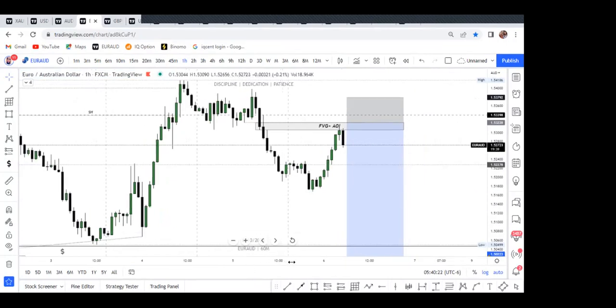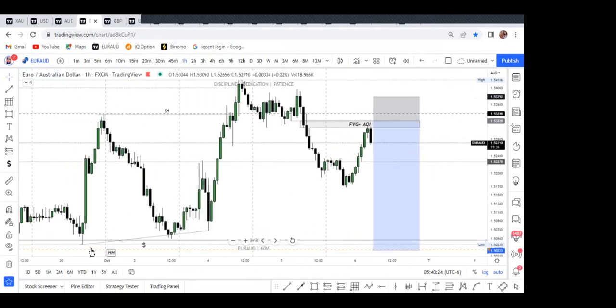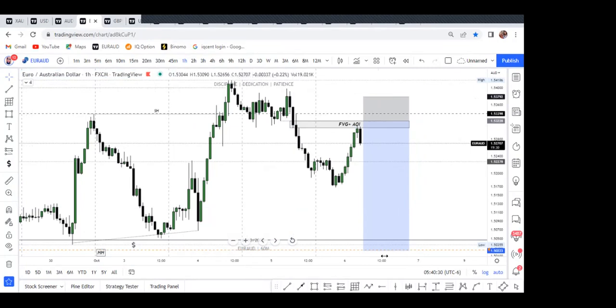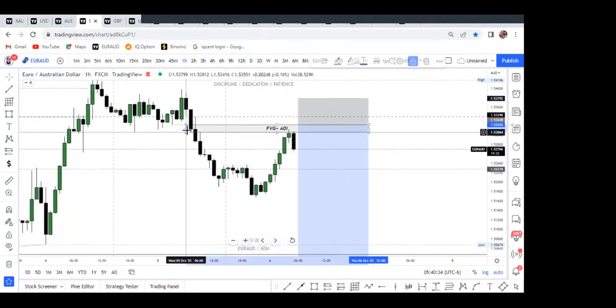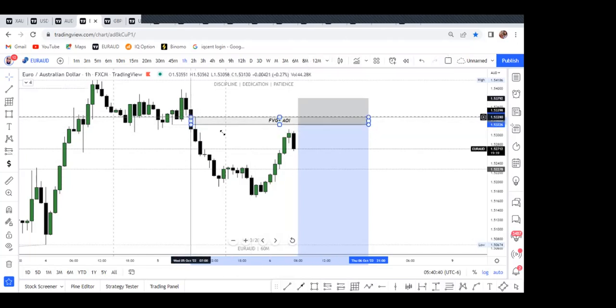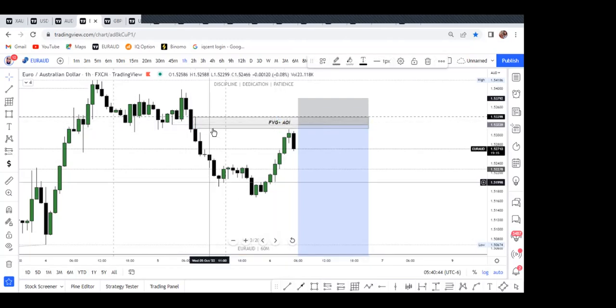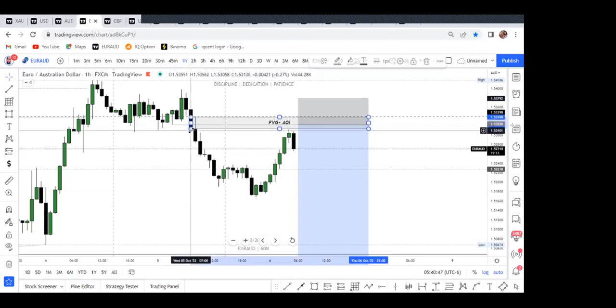Now, intraday, where did price react from? On the 9 hour, we saw that it reacted from a 9 hour zone. Where did price react from? It reacts from the 9 hour, 3 hour is showing as a fair value gap, right? Now it reacts from this hidden base. And that was a 0 pip drawdown. On the 9 hour is a fair value gap, but on this zone, it's a hidden base.